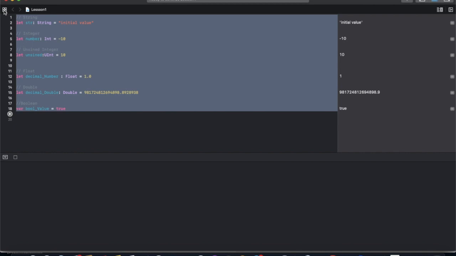These are basics. Now we are going to move on to data types. There are basically two types of data. Firstly, reference type, like classes.